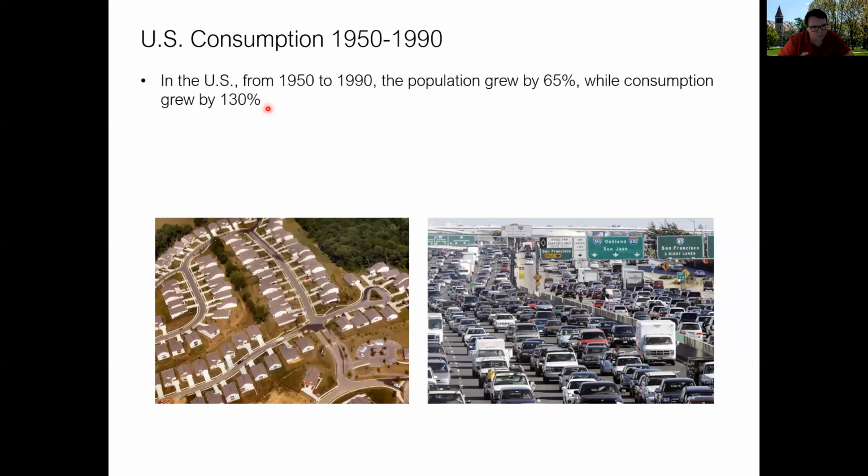But just like I said, with water and with energy, the per capita energy use actually grew by 130%. Basically, per person, we use twice as much materials as we did in the generations leading up to that time. So this is of course a major change in the amount of material per use, and we've moved to, as we talked about already, a much more consumptive society in the process of becoming modernized. And you can look at the homes, you can look at the highways.